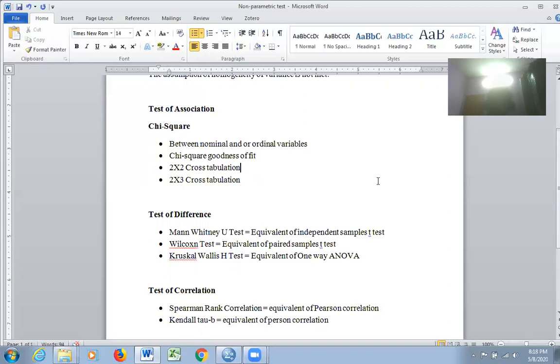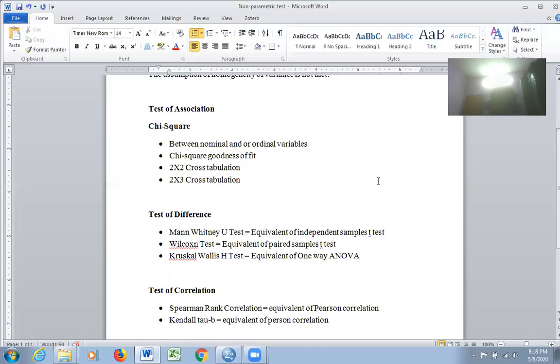These kinds of ranked data are called ordinal data. So when you want to check the association that may exist between one nominal variable, that is nativity, and another ordinal variable, collected using a Likert scale, then you can go for the chi-square test.